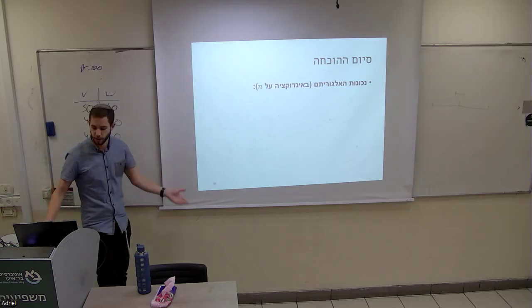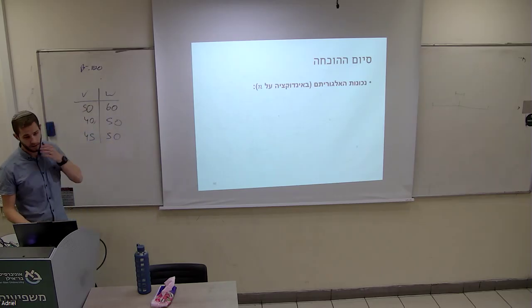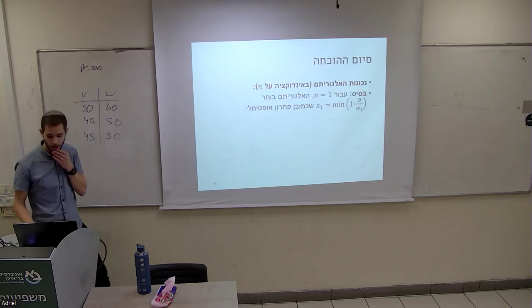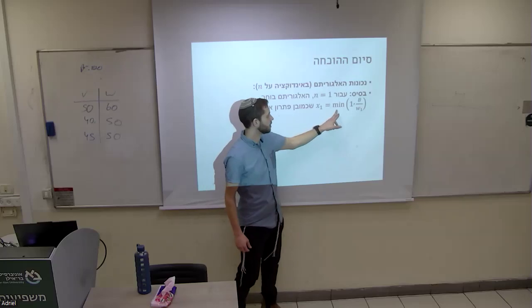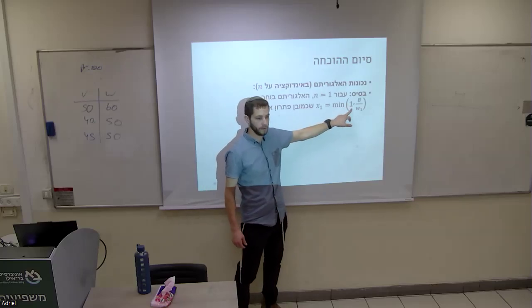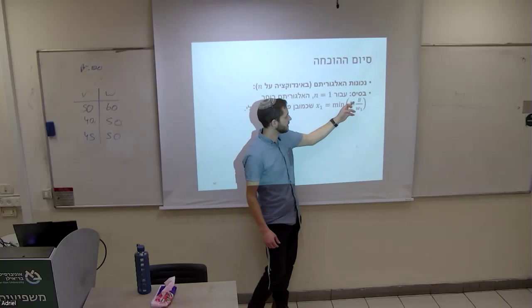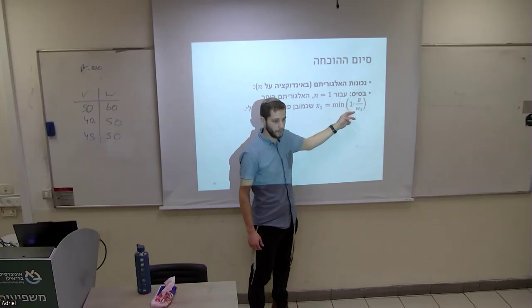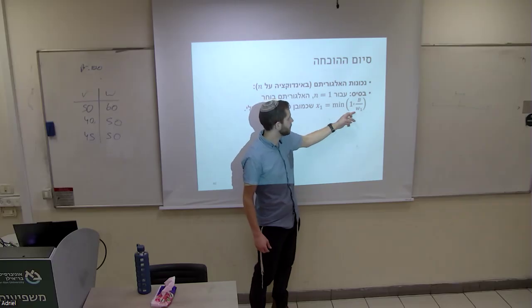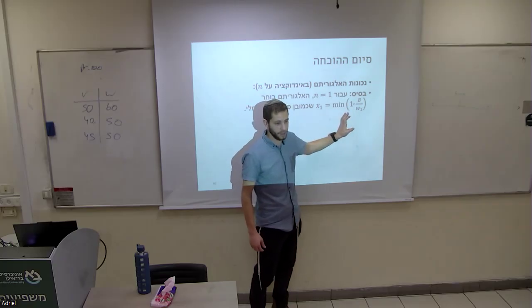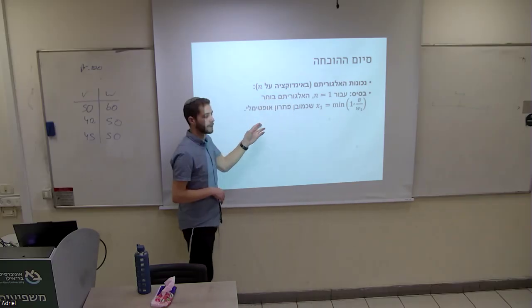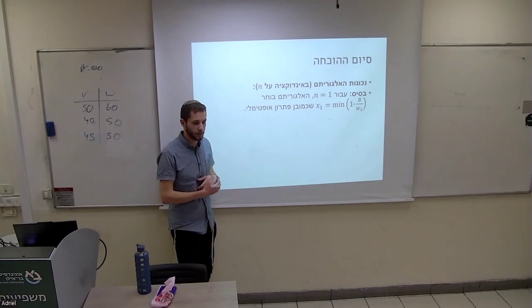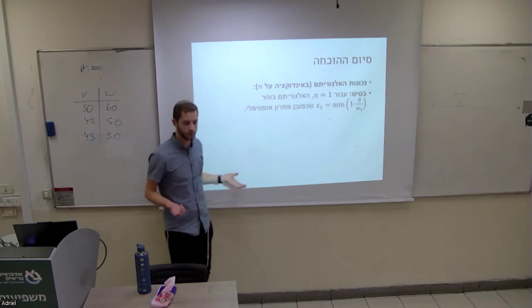So now we have to finish the proof, and how do we finish it? With induction on the input size, right? So the base: if we only have one item, the algorithm chooses the minimum between one, which is taking the whole item, and the knapsack divided by the weight. Therefore, if our knapsack is smaller than the weight, then we'll take some sort of fraction that fills up our knapsack. Okay? So we'll take that, and that obviously is the optimal solution because we just take as much as we can from the only item, which is obviously optimal.